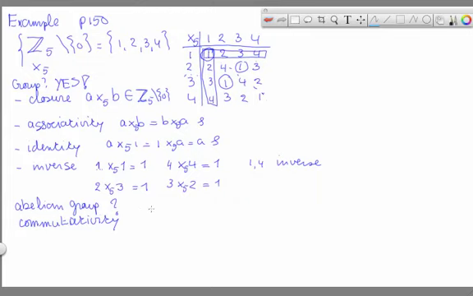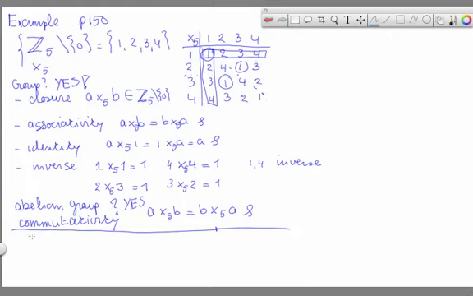So it needs to be true that if I have A multiplied modulo 5 times B, it must give me the same result if I reverse the order, and obviously from the symmetry of the Cayley table I know that it is true. So this group is indeed an abelian group. And the last point is the question of